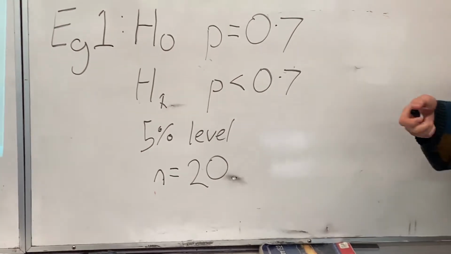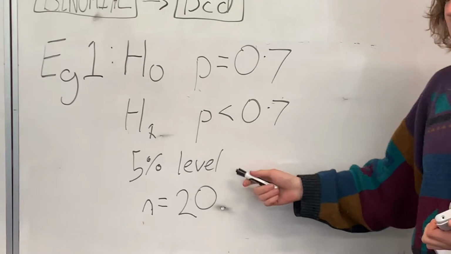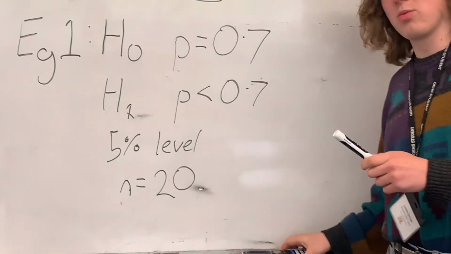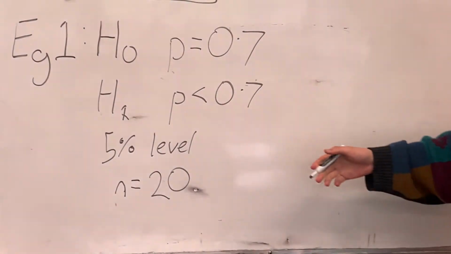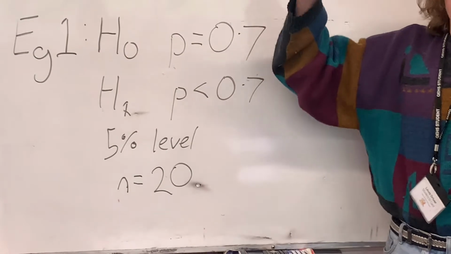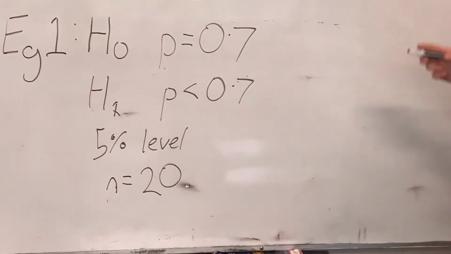So what you're effectively now trying to find is a region for which, you'd have your x, which would be the number of successes within that sample size, and it wants to find a region whereby if x is within that region, you would reject your null hypothesis. So you're trying to find x